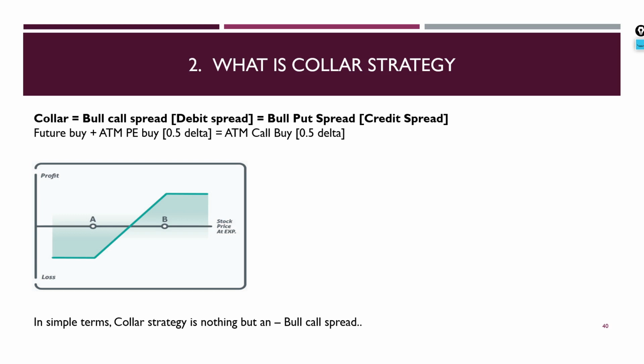So instead of buying a future and hedging it, it is advisable to buy a call, because the delta would be the same. Correct. Because a future has one delta. If you hedge it with an ATM put, you buy a put, so 0.5 delta, so the net delta of this strategy is 0.5. Instead of that, you can buy a call with 0.5 delta. Now which call is 0.5 delta? The ATM call. Correct. So this way you can select strikes in terms of deltas.